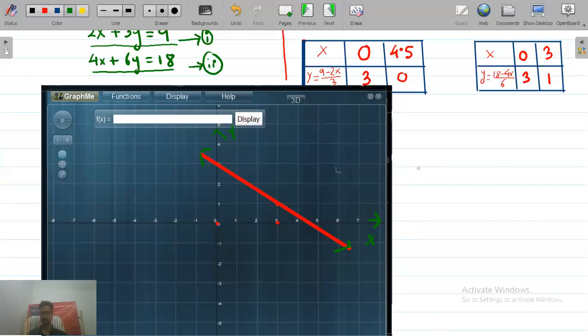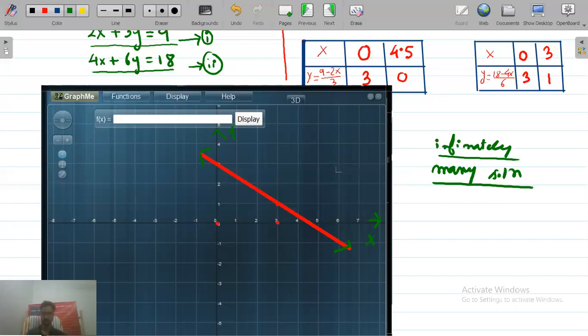Coincident means what? When the graphs of two lines, the lines of two equations, coincide, then they have infinitely many solutions. Okay, when they coincide, then they have infinitely many solutions. So, there are three conditions. One is your